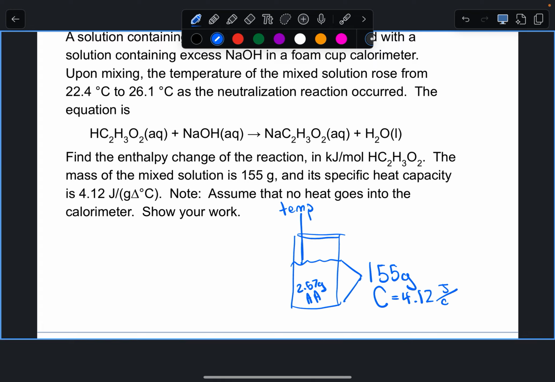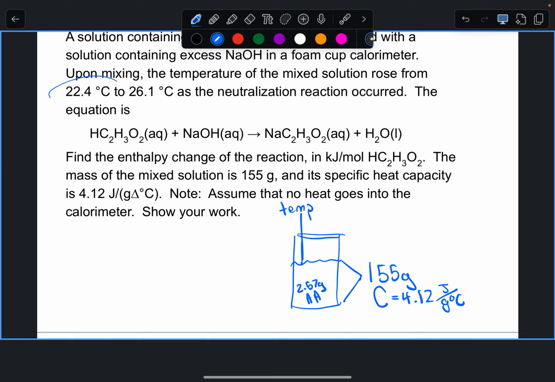So you'll notice it's close to water's. Water is 4.184, but not quite the same. That's because we have other ions mixed in there that are affecting how the water is going to absorb that heat. So that's why they have to give us a different specific heat. Okay? And then we put the acetic acid in with the NaOH, and they react, and we see a temperature change